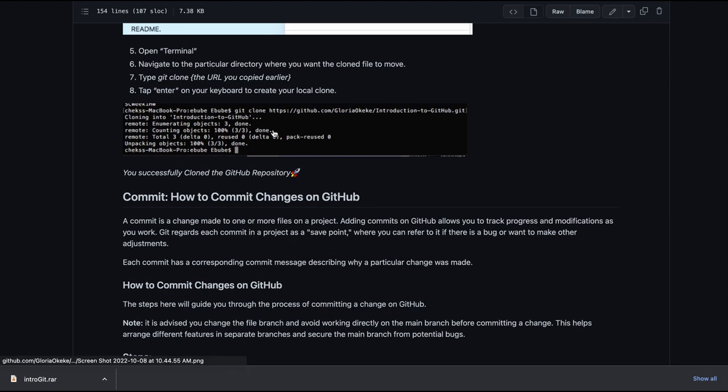And to make it much better, you can also go back at the end of this. Before you successfully clone the repository, you can also show them the repo that was created. Now, this is the repo you cloned from GitHub. This is it. So that they will know that if I clone it, it will now stay there, like you said earlier.